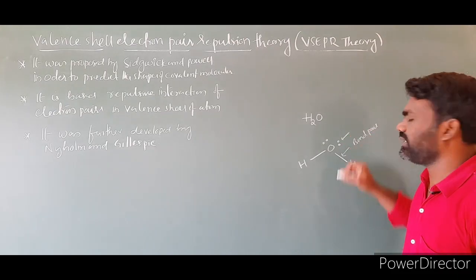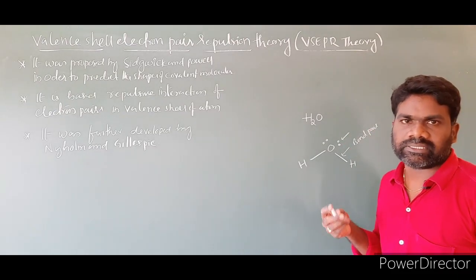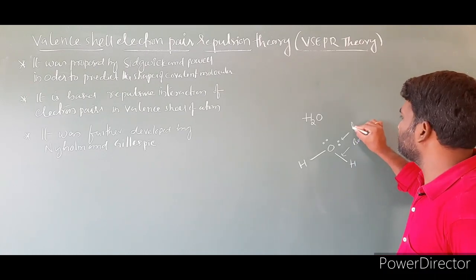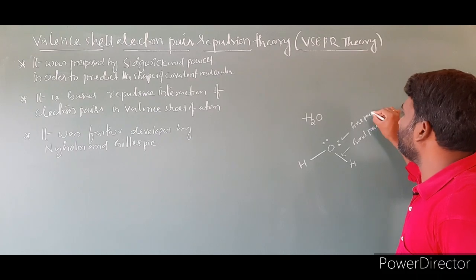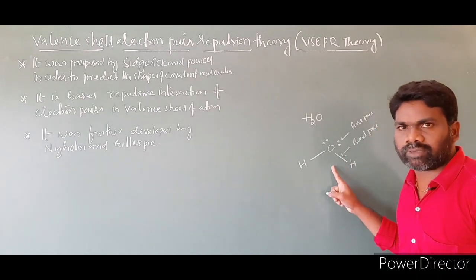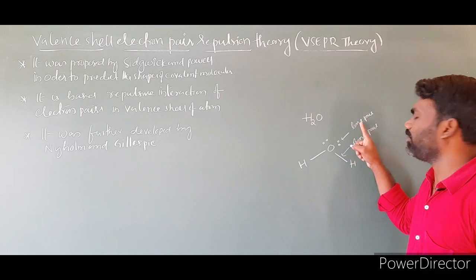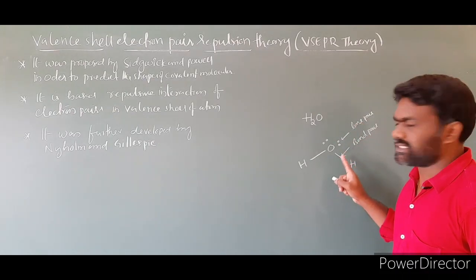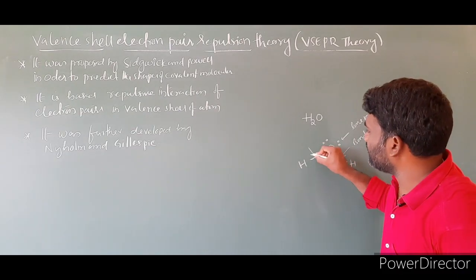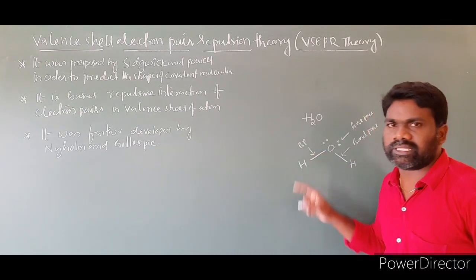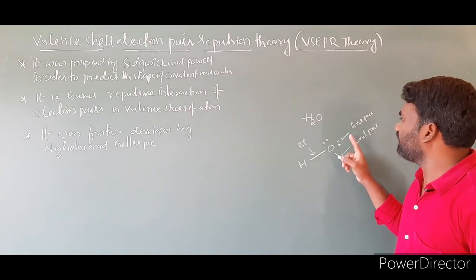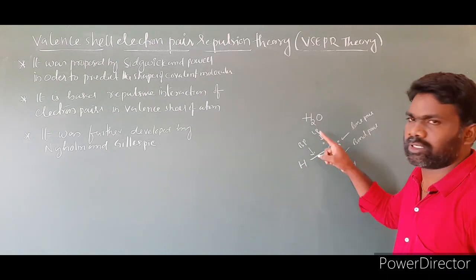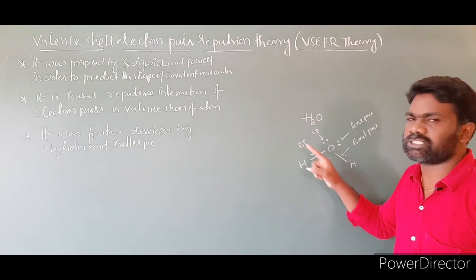Lone pair, as we discussed in the previous class, is defined as the valence electrons which do not participate in bonding. Bond pairs are involved in bond formation; lone pair electrons are not involved in bond formation. Both are valence electrons only. Clear? Now, how many bond pairs are there? 1, 2. So in the water molecule there are two bond pairs. And the number of lone pairs is also 2. Labeled as LP for lone pair, BP for bond pair.